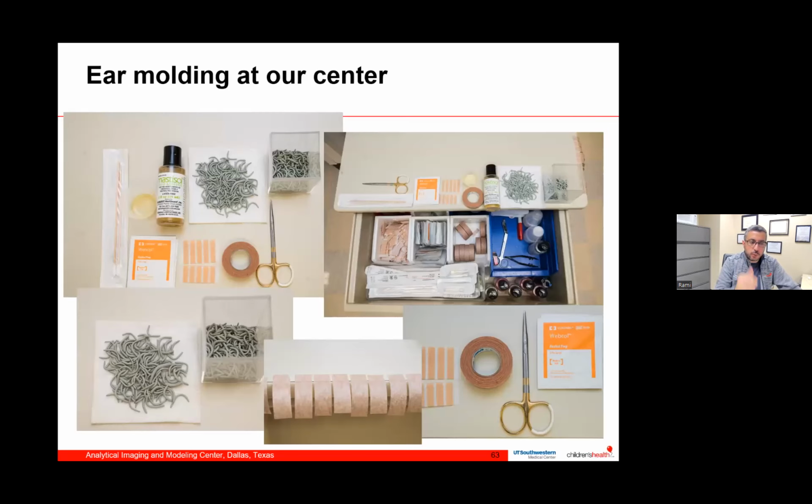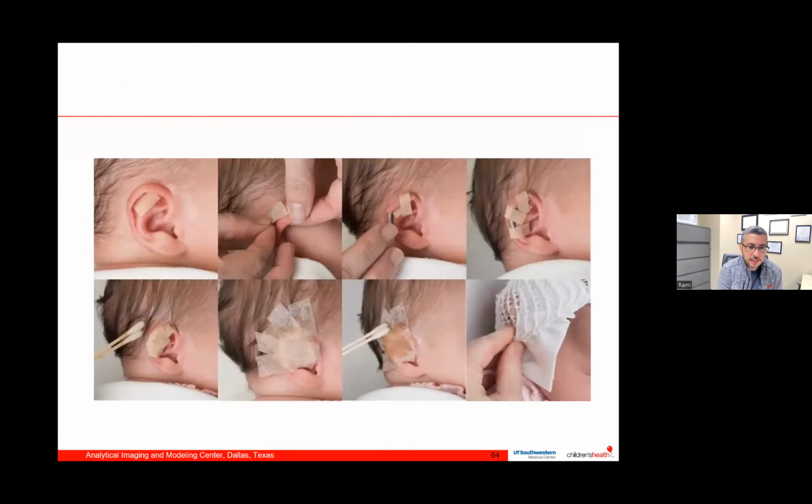And there are different ways to do it. And again, I mentioned Earwell. In our center, we don't use Earwell. We use custom designed dental clay. So we shape these dental clays in a way that can match the other ear. And then we use adhesives with tape to put these dental clays on the ear to reshape the ear. And then we put tape and adhesives to keep it in place. The patients come back every other week to check on their ear and to readjust the dental clay, and we keep it for about a month.